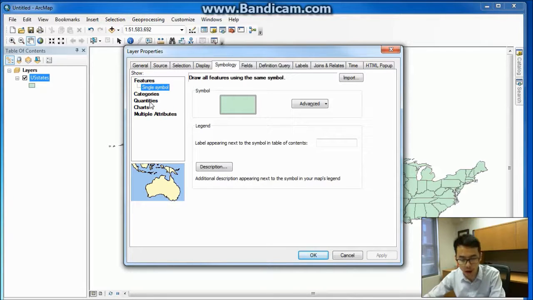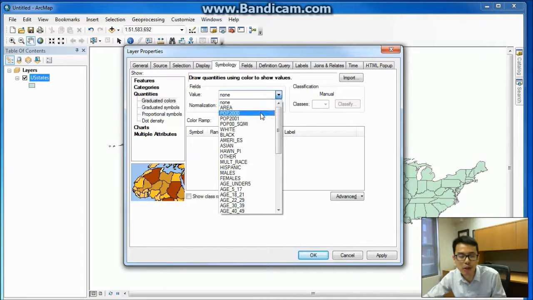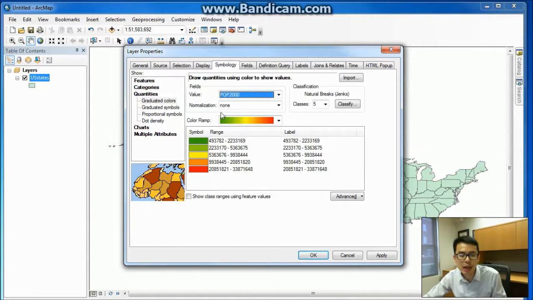If you want to make a choropleth map, the definition of choropleth map is the maps are separated by geographic units such as counties, states, zip code zones. If those areas are labeled by different colors, we call it a choropleth map. And we choose under quantities and graduated colors, and the value means which field we want to map. So we choose population 2000 as our mapping field, and we choose 5 classes,